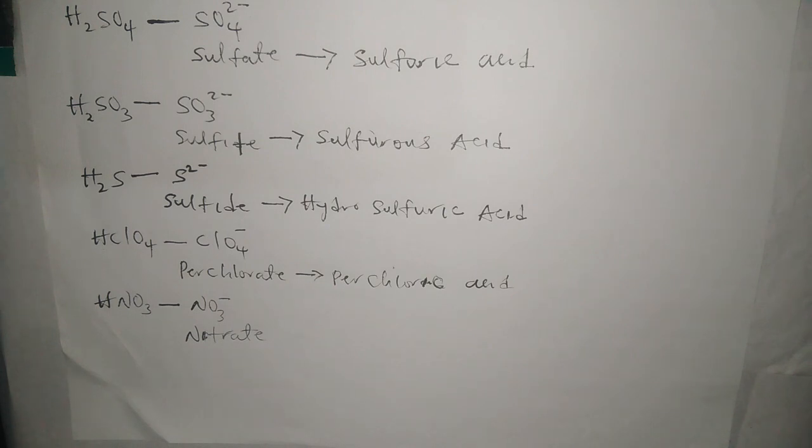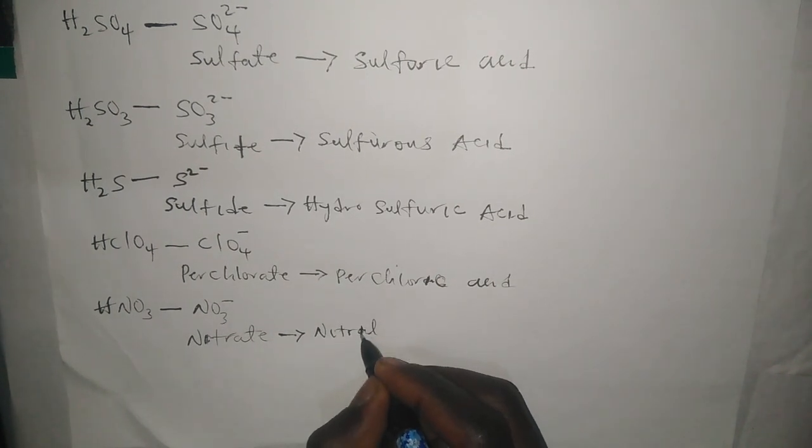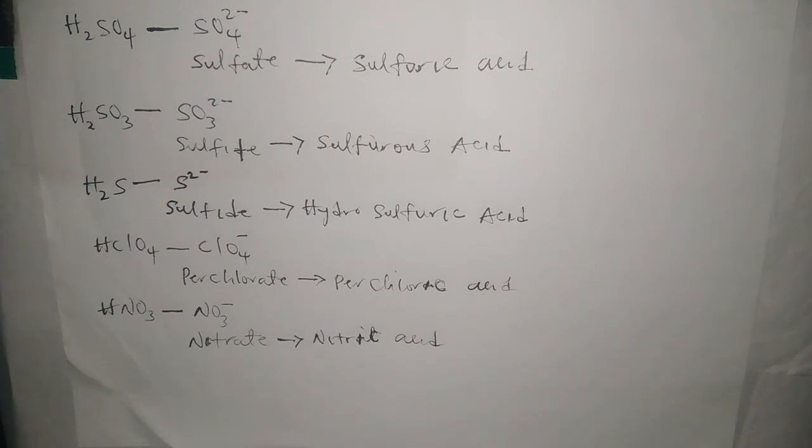And nitrate ends with ATE. Now, based on the rules we just looked at earlier, we replace the ATE with IC. So this will become IC. Then we'll add acid. So it becomes nitric acid. So what if we have